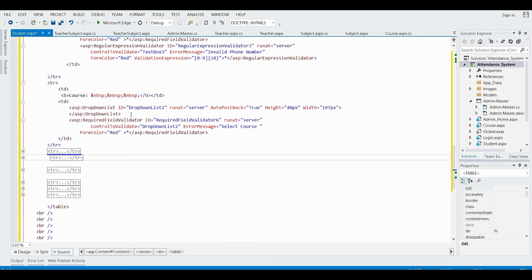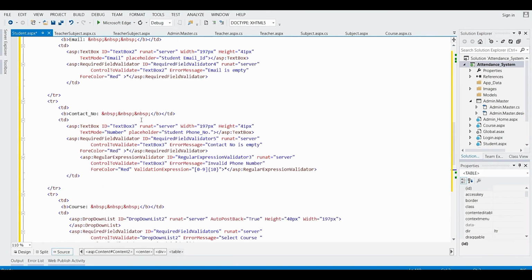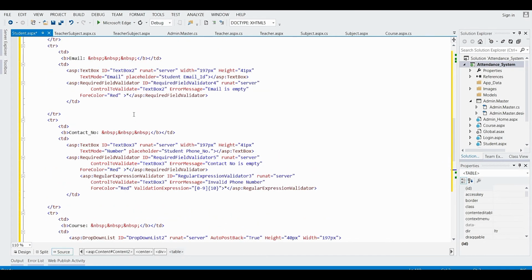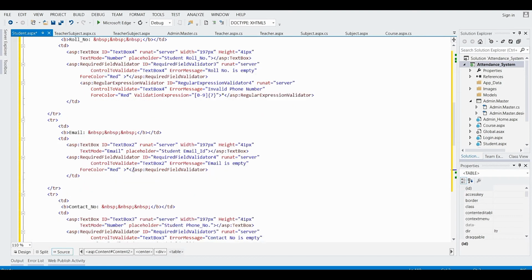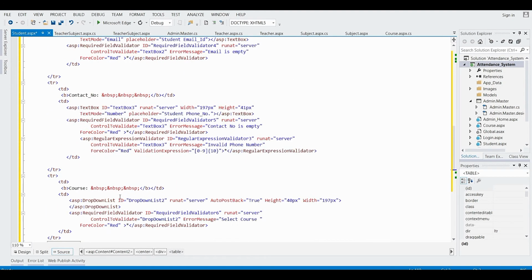If you notice, the IDs given here are not in order, right? Here TextBox4, then TextBox2, then TextBox3. It doesn't matter what the ID is. You have to provide the ID of that control inside the required field validator with the property control to validate.